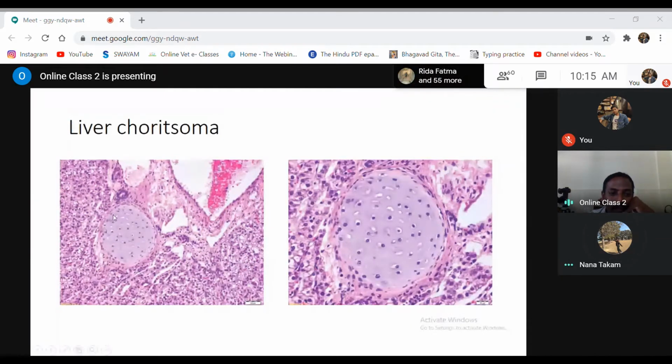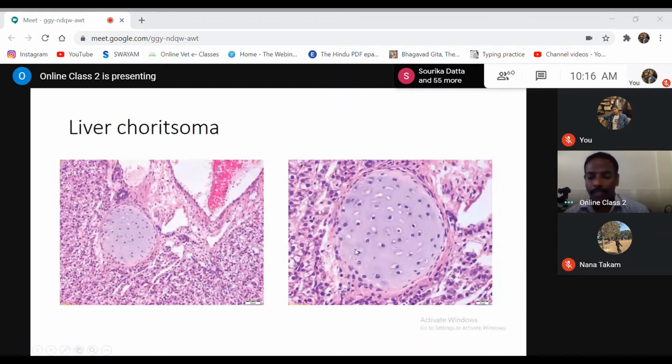This is actually a mass of cartilage. Can you see the cursor where I am moving? This is a lower magnification. This is higher magnification. So here you can find a mass of cartilage. Normally in the liver you don't find cartilage. Cartilage is normally not found in the liver, but then you are finding something abnormal. The cartilage is a totally new structure which should not be present in the liver. If you find certain structures which are not indigenous to that organ, to that tissue, then you call them choristomas.